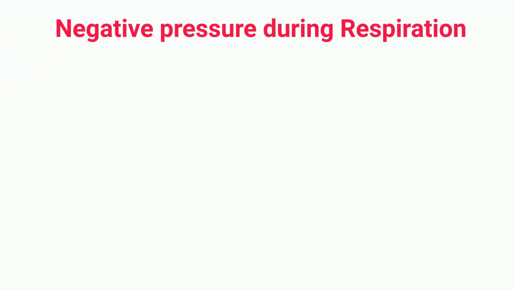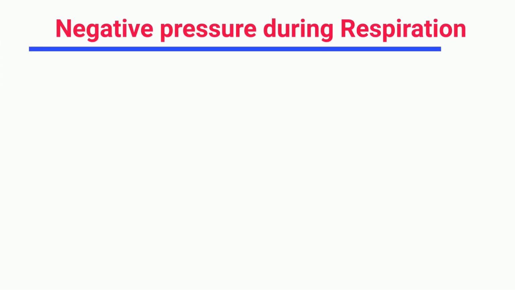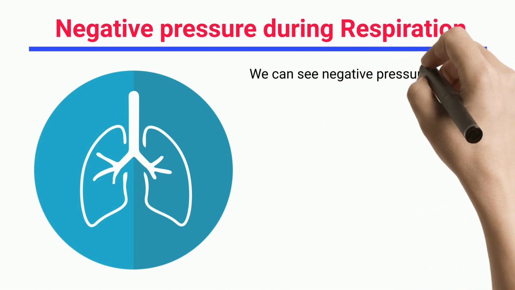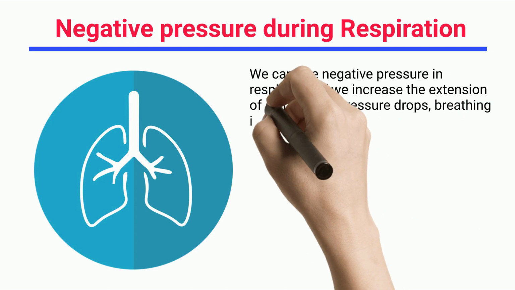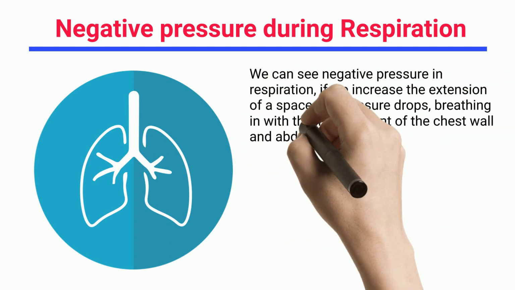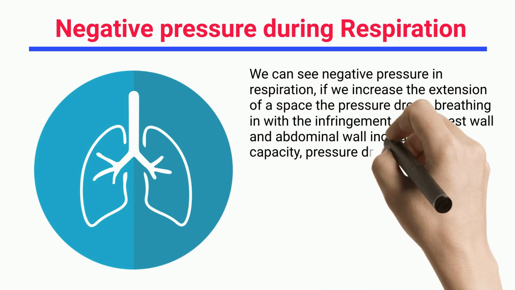Negative pressure during respiration. We can see negative pressure in respiration. If we increase the extension of a space, the pressure drops. Breathing in with the expansion of the chest wall and abdominal wall increases the capacity, pressure drops and the outside